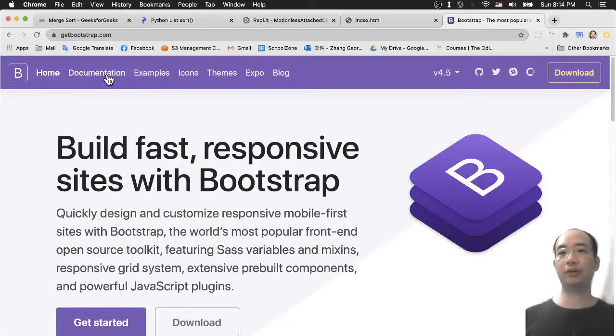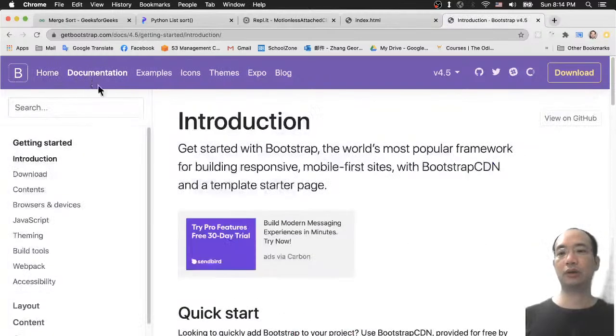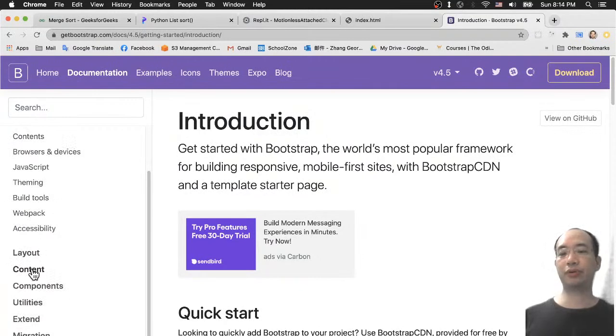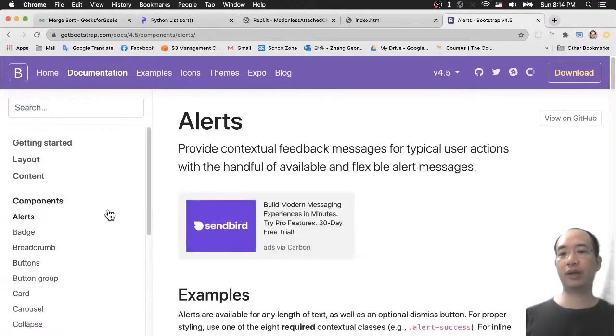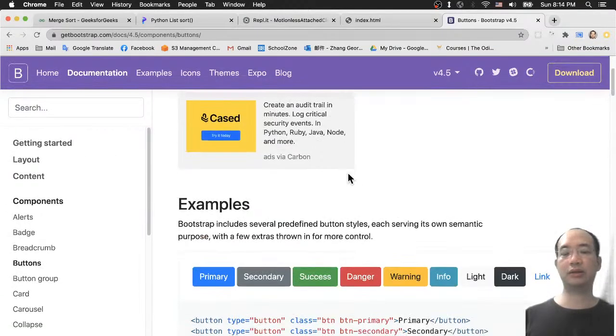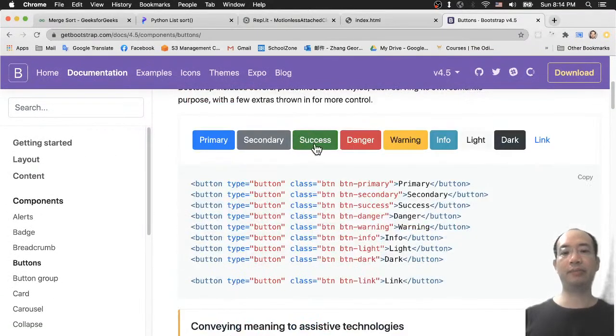Let me just give you some example. Just click on the documentation. So what Bootstrap does, if I click on the components and buttons,